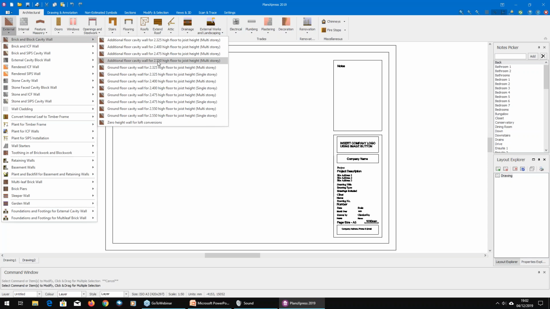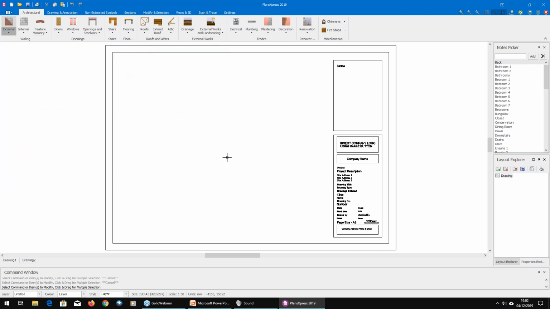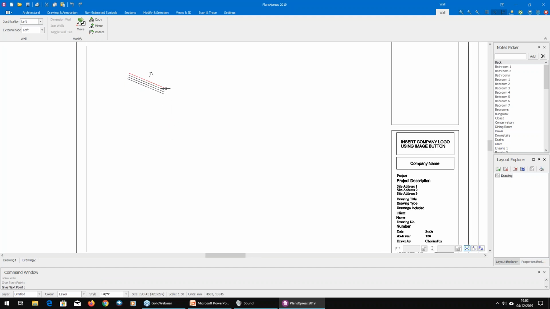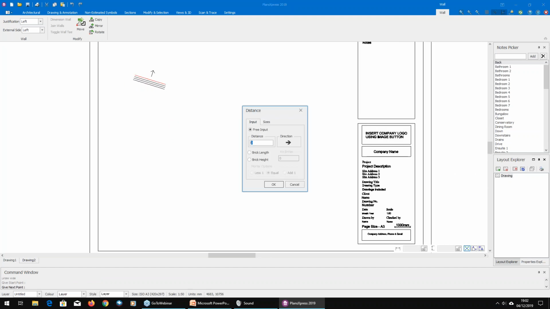Okie dokie, so just rather quickly, I'm just going to put in some additional floor walls. Reason I'm doing this, and I'm going to pop them in, say about 2.6, is because I'm going to treat these as existing. And as they are existing, I don't really need foundations on them. So I'm just going to pop that along there. So just come out 3 meters that way, down